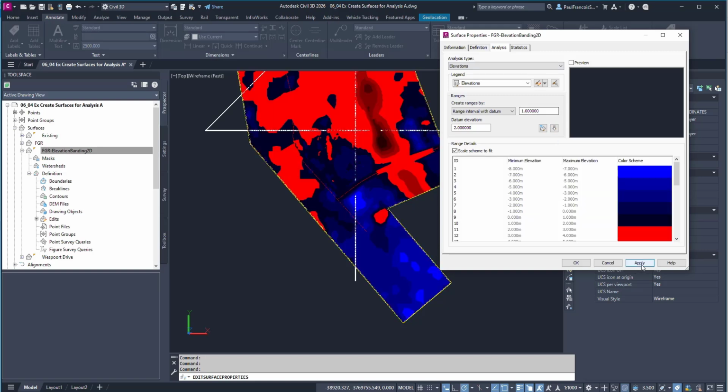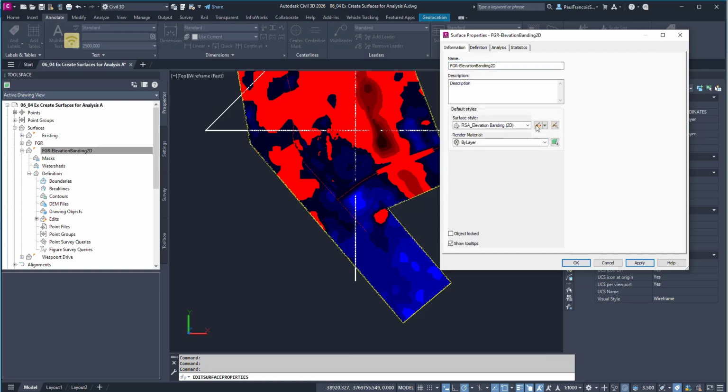Now we can see that a light blue is quite deep and a dark blue is shallow, and then we go to the elevations. So to my mind, the colors that you see there don't flow very nicely,